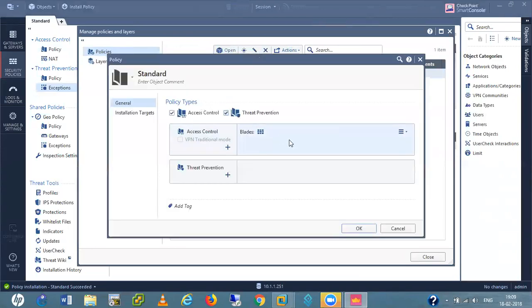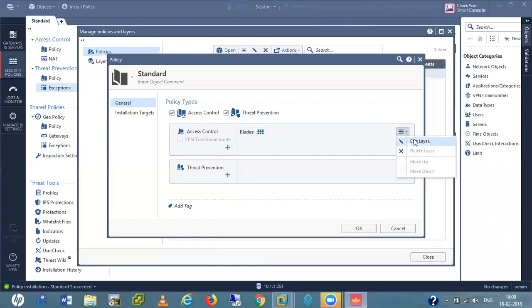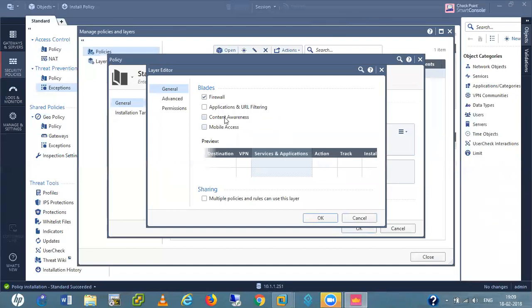Access control blade. Here we need to, let me add layer. Edit this layer. See, I select this HT application URL filtering, okay?